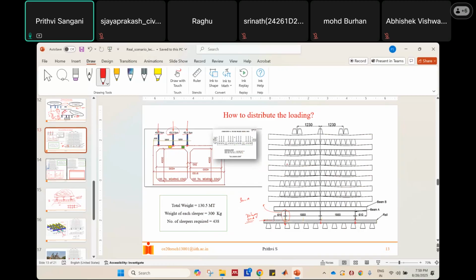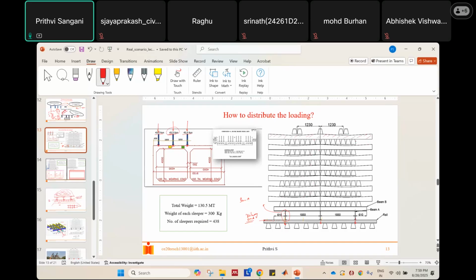But luckily, this is a railway project, so they have several of the normal sleepers which they use, lying around. We have used these sleepers, and they cannot be stacked as per our wish or as per their wish. This has to be stacked slightly logically, because